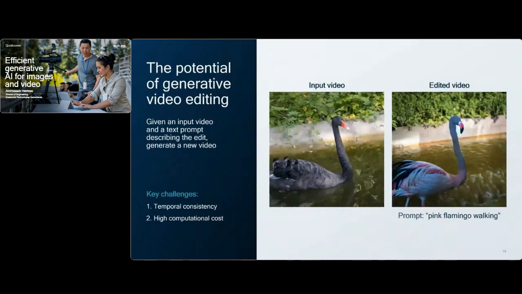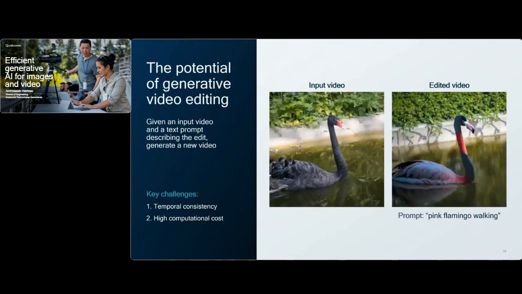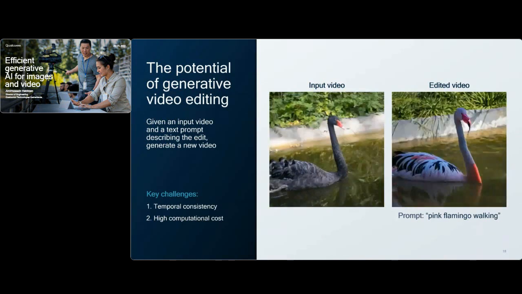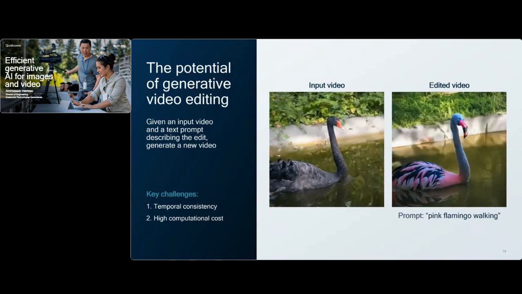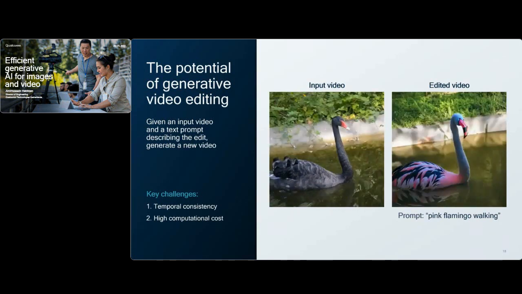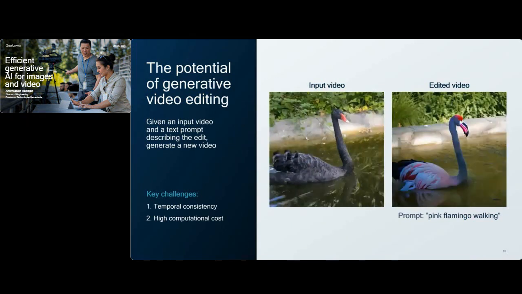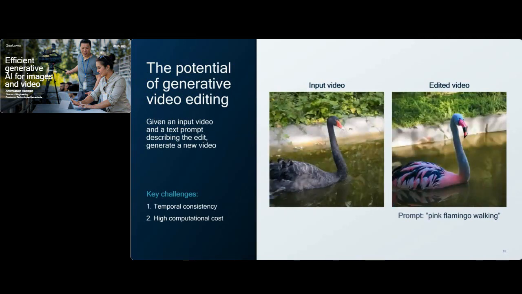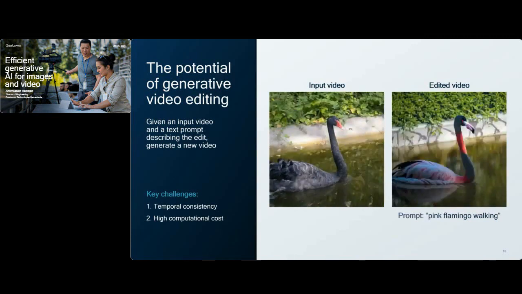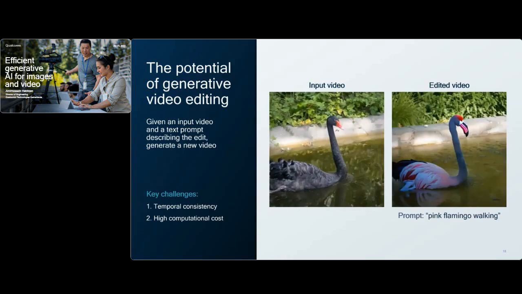And the next topic that I want to share today is our recent work on efficient video editing. Video editing is a video-to-video generation task where, given an input video and a text prompt describing the edit, the model should render a new video. Due to their stochastic nature, applying an image editing diffusion model frame by frame leads to severe inconsistencies, as we see in the right video, which is actually a major challenge for most video generation and editing